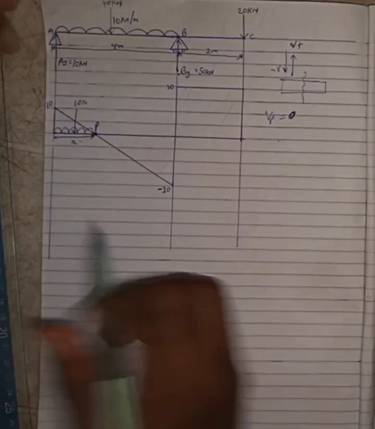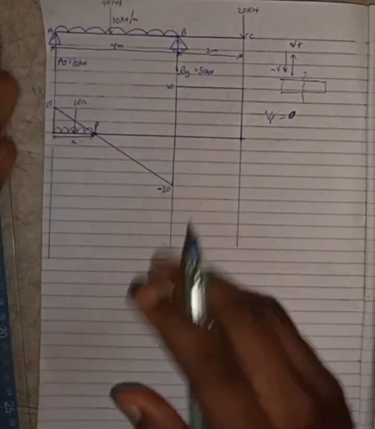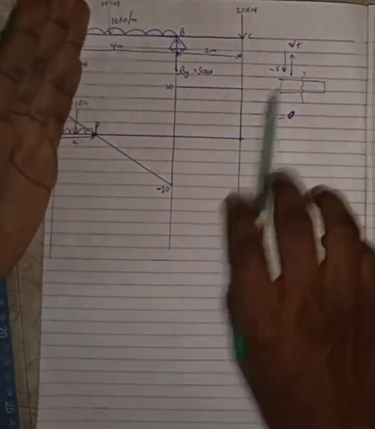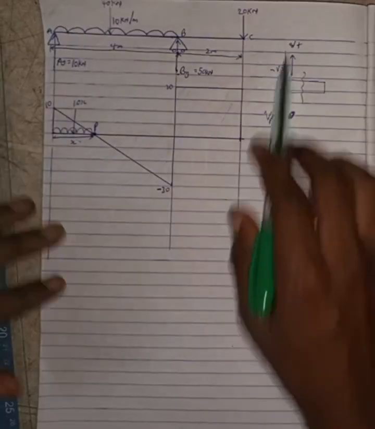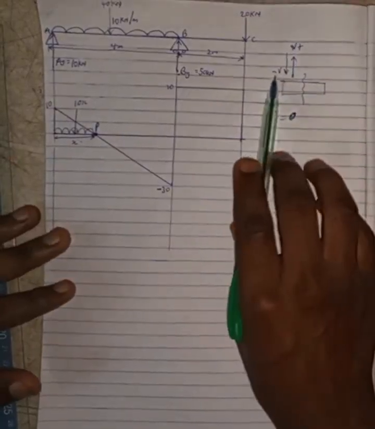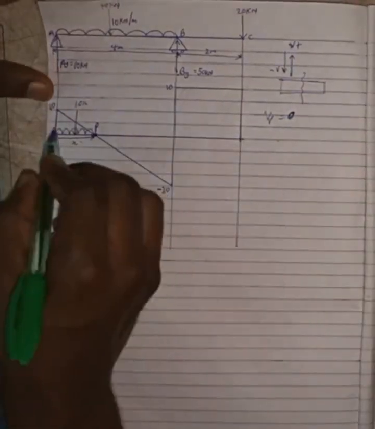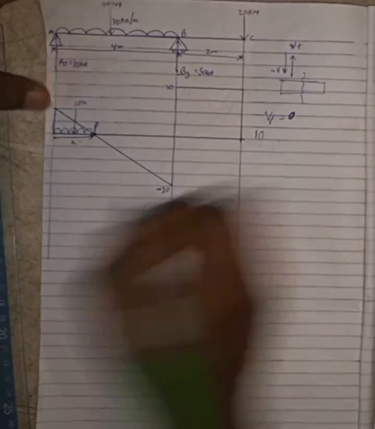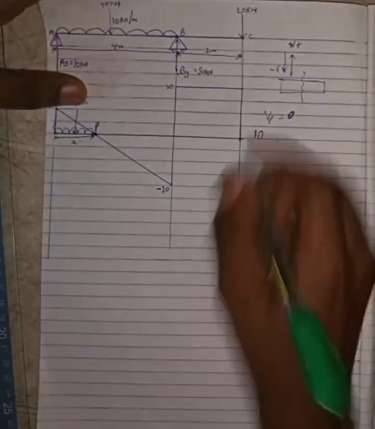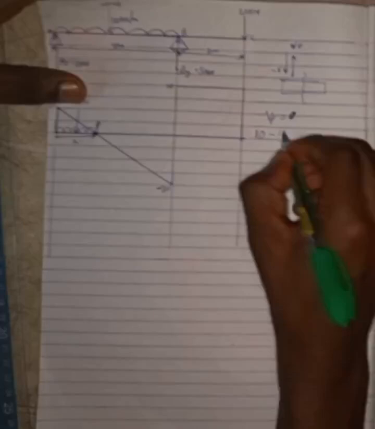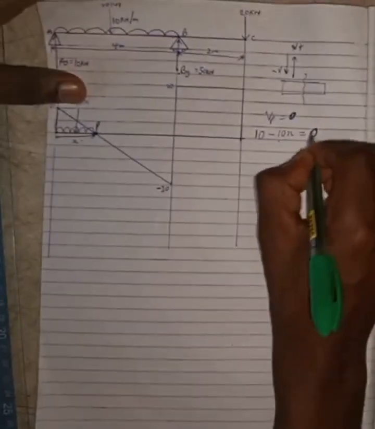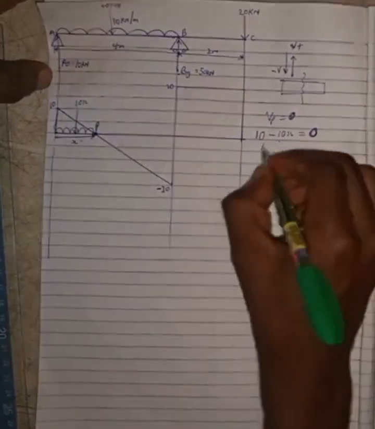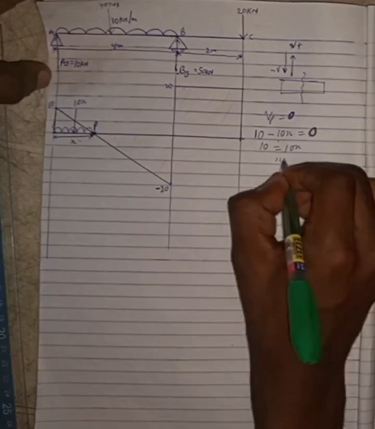If I'm talking about shear force, I can sum up forces either to the right or to the left. So I'm summing up to the left, and you must use this sign convention where upward shear force is positive and downward shear force is negative. So this 10 that is there is upward shear force, so I have 10. This 10x is coming down, so minus 10x equals 0. Why am I saying equal to 0? Because the shear force at this point that I'm calculating is equal to 0. So I have 10 equals 10x, and x equals